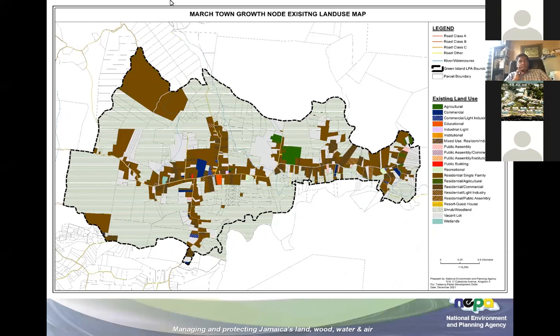based on some work being done by our sister branch within the agency, the National Spatial Strategy Branch, they have identified some concerns regarding the Marchtown special area, where they would have prepared, and they recently presented to the Hanover Municipal Corporation, a presentation on the settlement delineation of some communities within Hanover. And Marchtown was one such area that they had identified where significant activities were taking place.